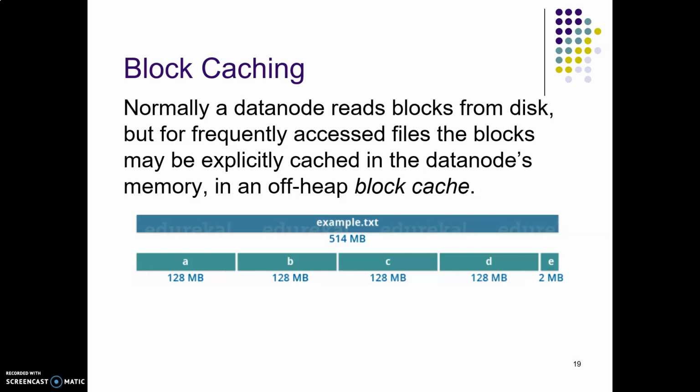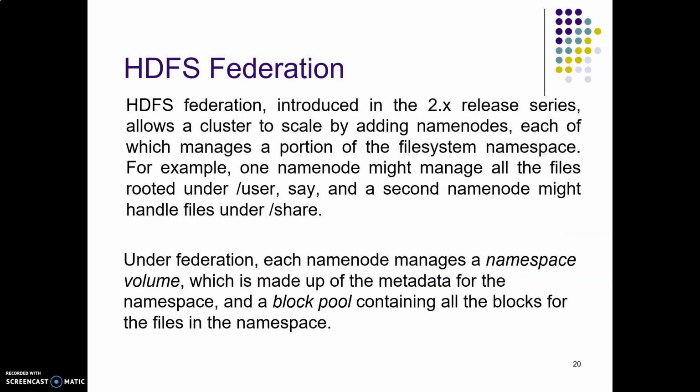Now let us assume that we are trying to access each one of the data again and again. Then they are cached inside the data node's memory. Cached in the sense they are in the recent files of the block, and they are called the block cache inside the data node.